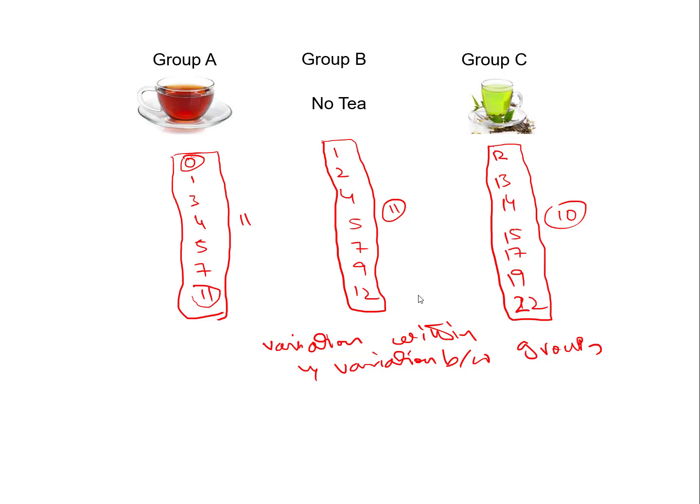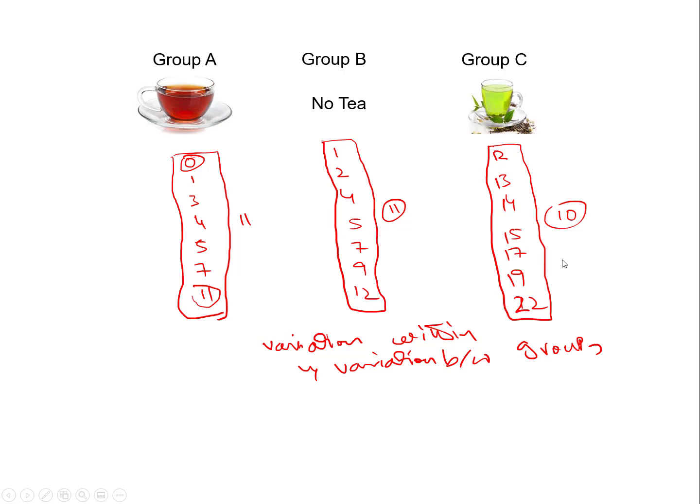Okay, so the range is still the same within the group, with so little variation within the group. But in the between group analysis, group C now has quite a large figure for weight loss. The mean there is 12 kg loss, 13 kg, 14 kg, 15, while those who are not consuming tea and those consuming black tea do not have much weight loss. So group C has quite a large figure for weight loss.